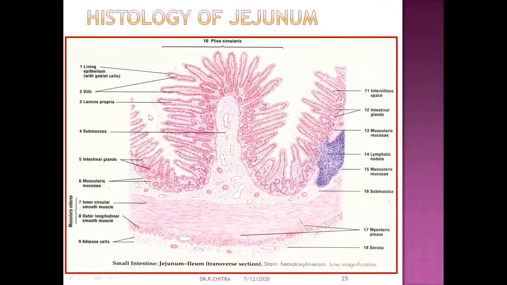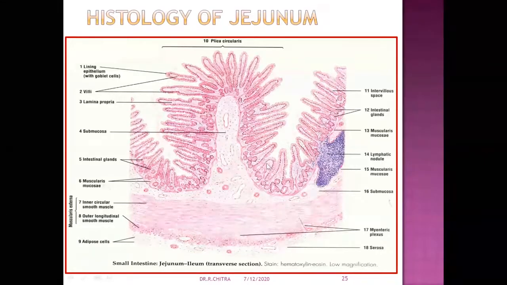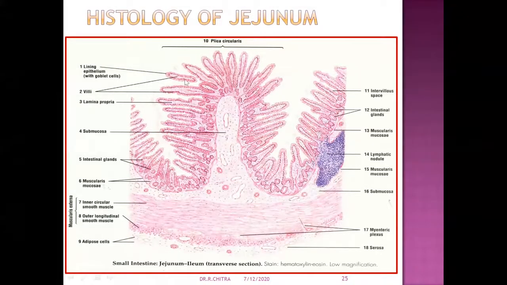If you see this image of the jejunum and ileum junction, you can appreciate nicely the difference between the villi of the jejunum and the villi of the ileum. At the start of the ileum, the villi will be less in height and number, they will be less prominent, and then in the ileum we will have the lymphoid collections in the submucosa.